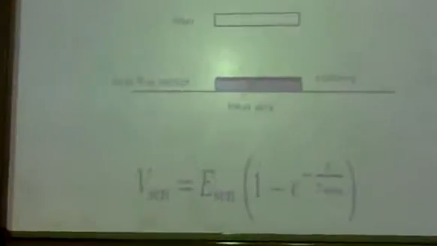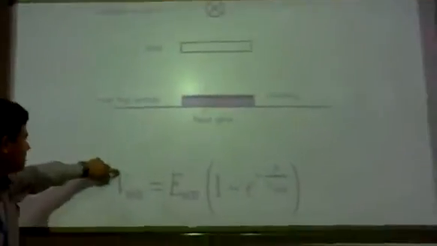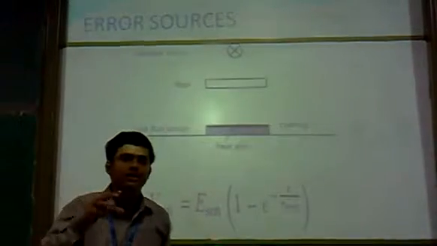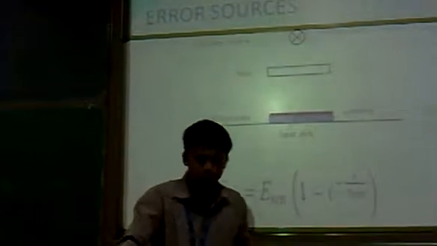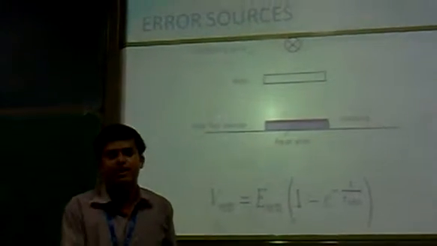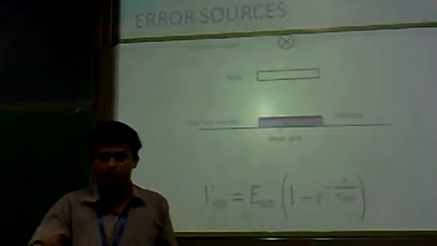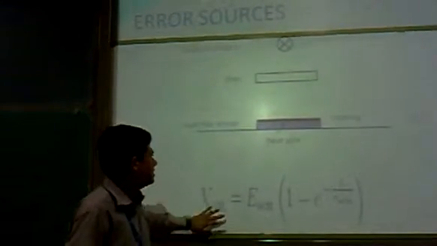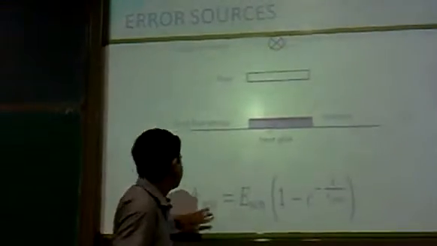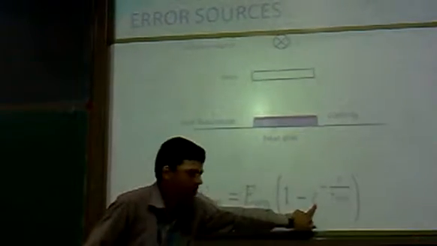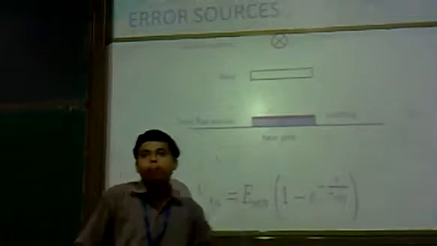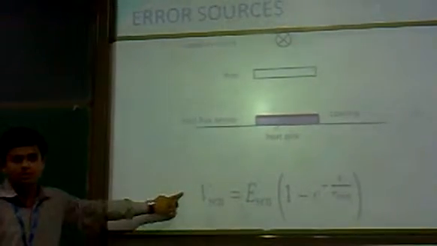Secondly, next is error source. Error source means if we put the heat flux sensor plate in the soil. Here I told that there are different temperatures at different points in the soil. For that purpose, this is the formula of heat sink. Here E is the error and T sen is the response time. This is the first formula.